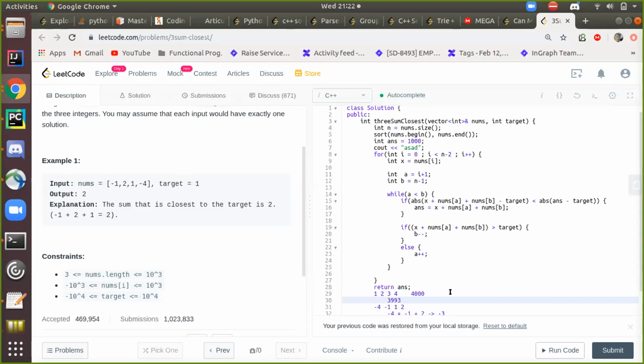And on the right side I have 1000 minus 4000, which is 3000. Okay. So which one is lesser? This is lesser. So this is greater, sorry. Yeah. So you'll not update the answer, right? Yeah. And even when you take 2, 3, and 4, you'll still not update the answer, right?